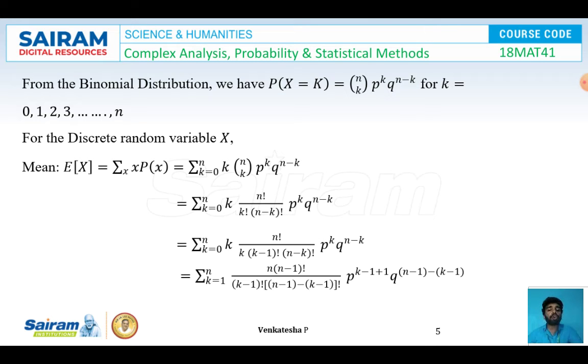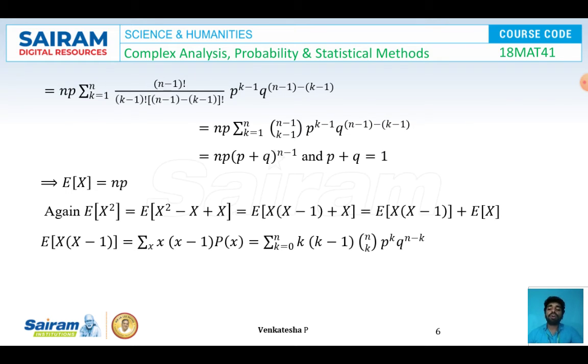Similarly, converting q power n minus k as q power n minus 1 minus of k minus 1 by adding k plus 1 and subtracting 1 in this expression. So after all this rearrangement, I got the expression like this, that is summation k from 1 to n, n minus 1 factorial, k minus 1 factorial, n minus k minus of k minus 1 factorial, p power k minus 1 plus 1, q power n minus 1 minus of k minus 1. So now from this expression, I'll be taking the term n and one term of p outside